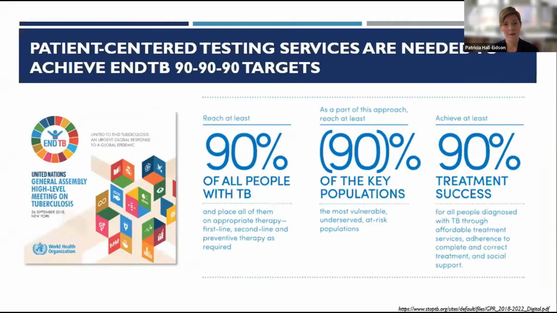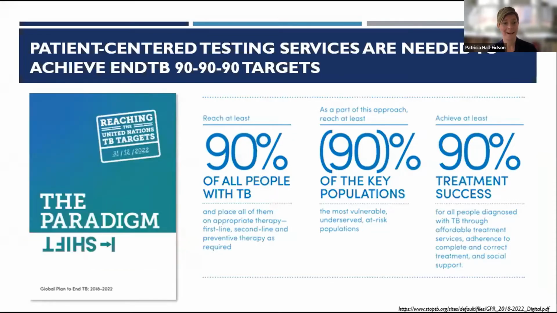So as a bit of background, the world's first UN high-level meeting for the fight against TB occurred in September 2018, followed by rapid release of the current global plan to end TB guidance on the left, shown here by the document labeled with the paradigm shift. This is a costed plan and roadmap to achieve the targets and commitments set forth in the UN meeting's political